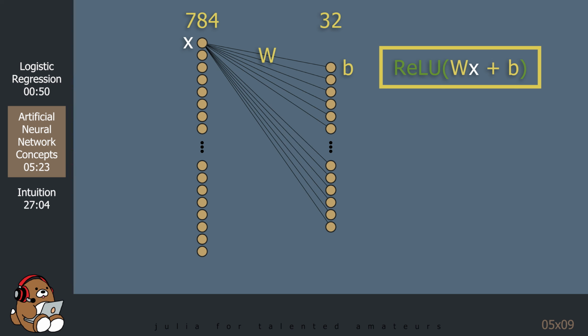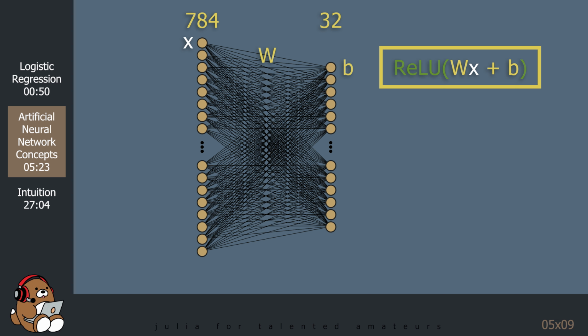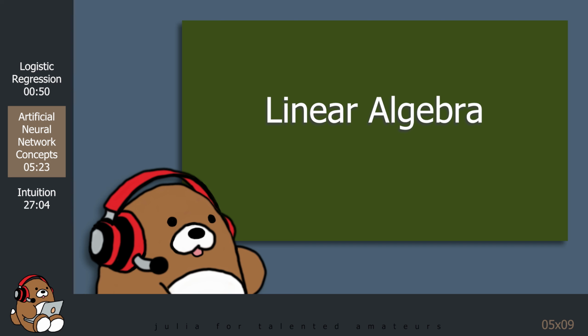So this math needs to be repeated 32 times for each node in the second column. Then this math needs to be repeated 784 times for each node in the first column, and then 60,000 more times for every sample. That's a lot of calculations. So this model isn't actually performing all of those calculations one by one. Instead, it's using linear algebra to perform those calculations in parallel.